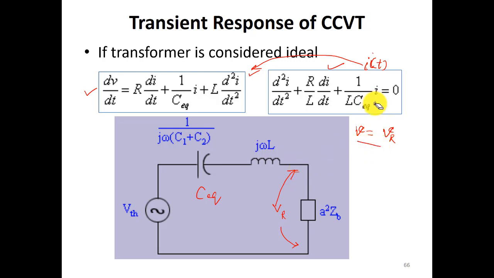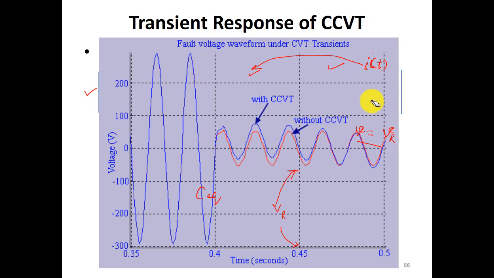Now I can write the response very easily, and by finding the response of VR, if I plot this voltage, or say the fault voltage waveform under CVT transients, so I can say here,